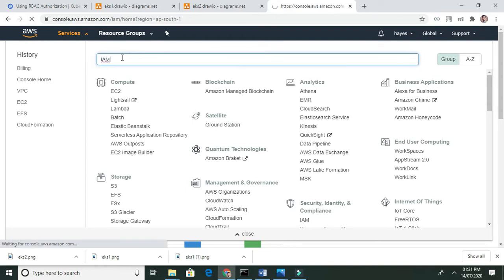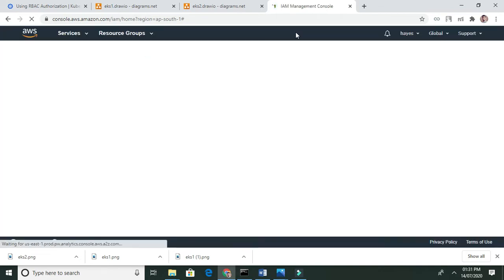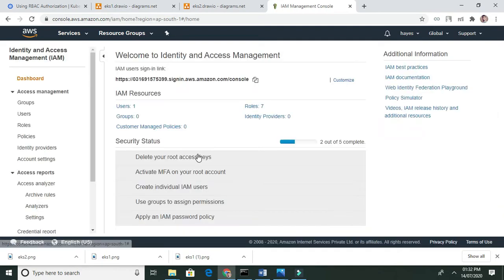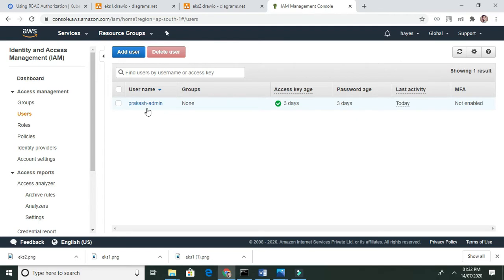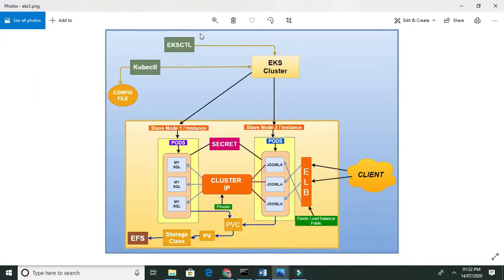Because we have created an IAM user, meaning we have created a key and password for this account so that we can log in and use the services of AWS. Here I have created one user, admin, and I have given all powers to it. So I will use the aws configure command, and using that I will log in to the AWS account.